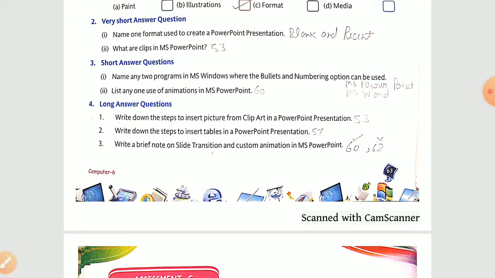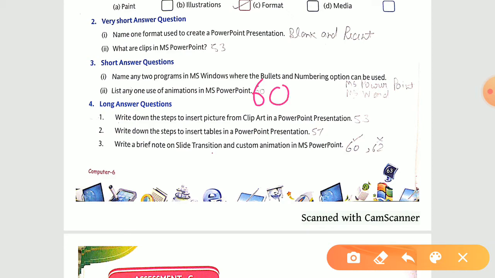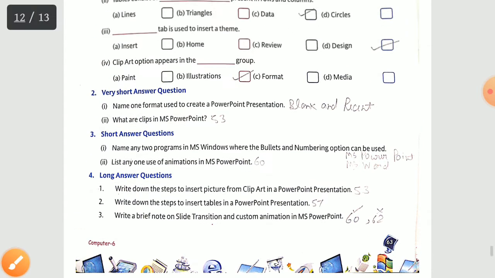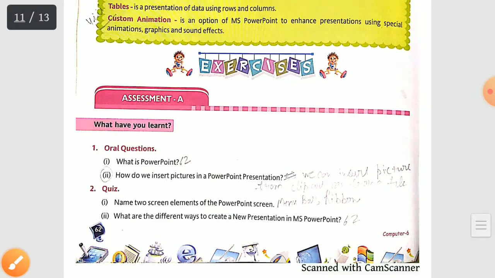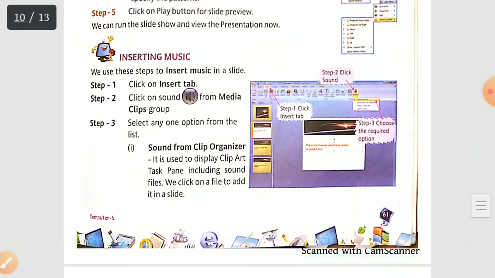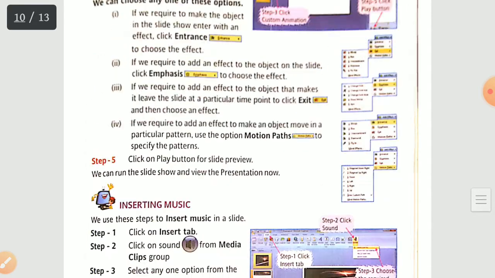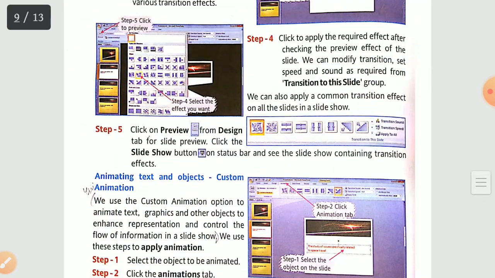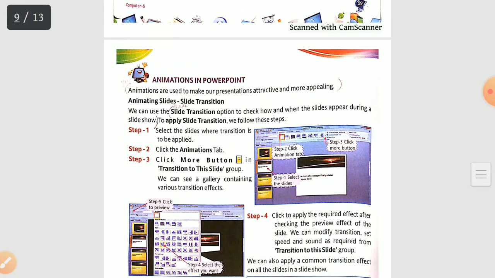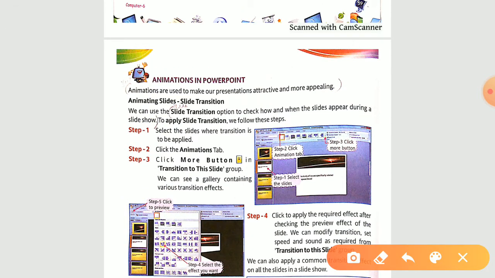List any one use of animations in MS PowerPoint. For this answer, turn to page number 60. Now see over here, the first line under the heading "Animations in PowerPoint": Animations are used to make our presentations attractive and more appealing.